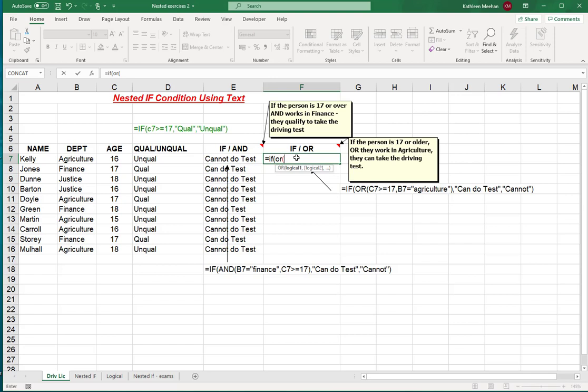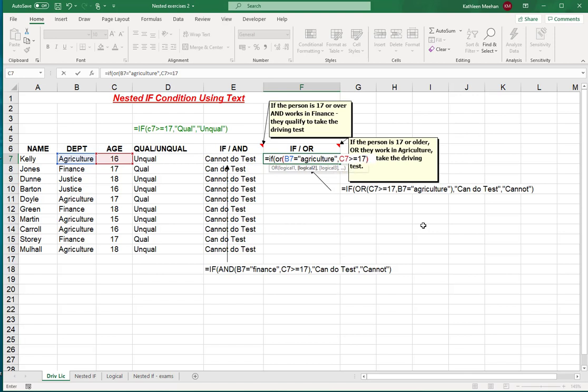So the first thing we're saying is if B7 is equal to, quote mark, agriculture, quote mark, comma, or if C7 is greater than or equal to 17,